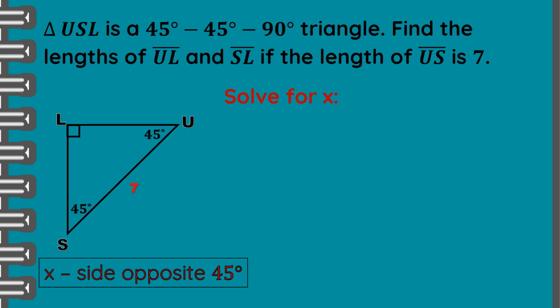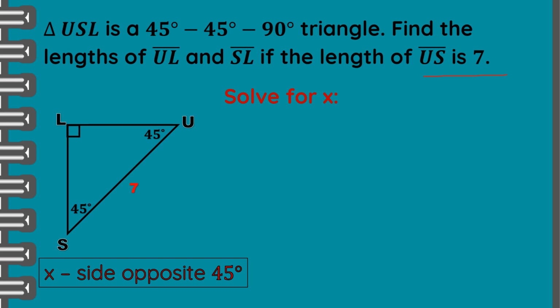Since the hypotenuse is the side opposite the largest angle, we don't have any value of x yet. We solve first for the value of x using the given, which is that segment US is 7 units long. Since segment US is the hypotenuse, and in the 45-45-90 triangle ratio the hypotenuse is x square root of 2,